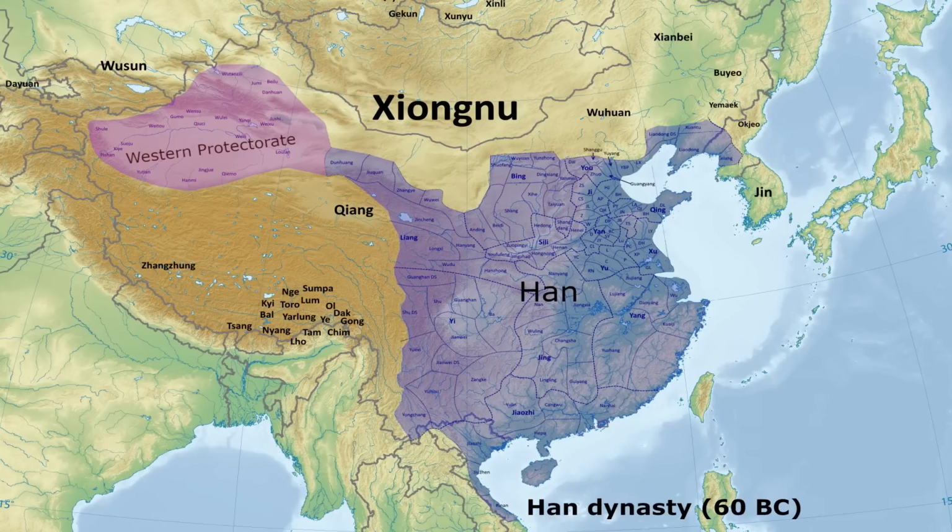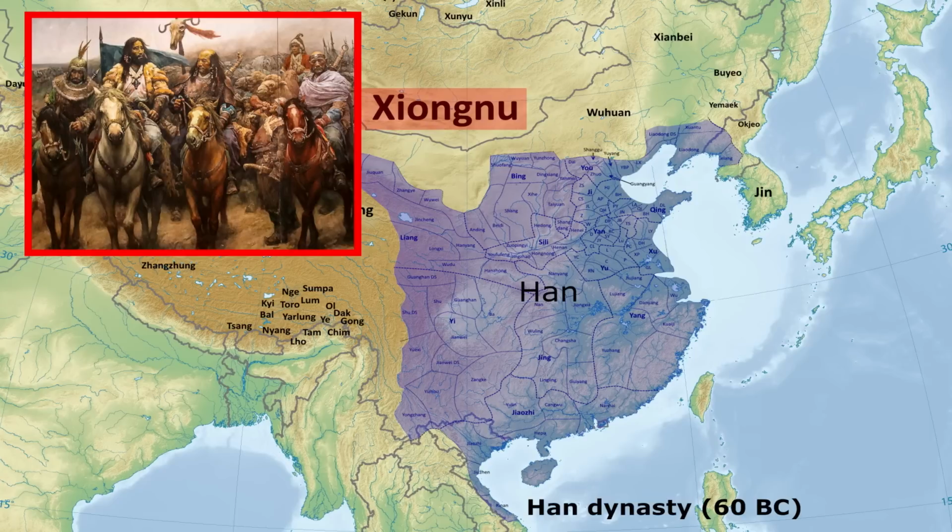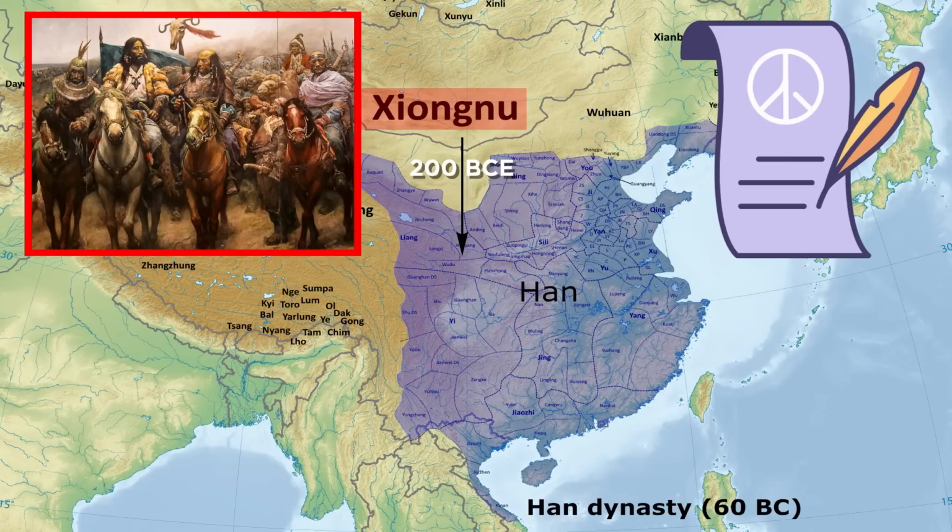During the 2nd and 1st centuries BCE, the Han Empire was faced with frequent attacks from the north by an alliance of nomadic tribes they called the Xiongnu, who lived in the region of Mongolia. After an invasion in 200 BCE, the two sides signed a treaty as equal partners, but in practice, China was forced to pay the tribes large amounts of goods, and even then, some of them continued to launch raids south